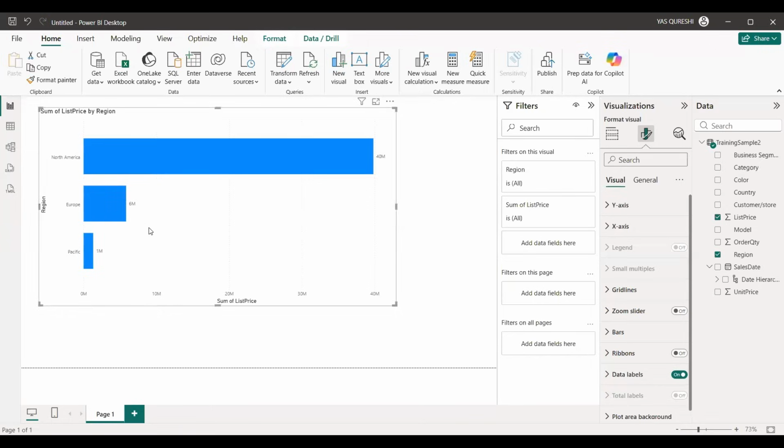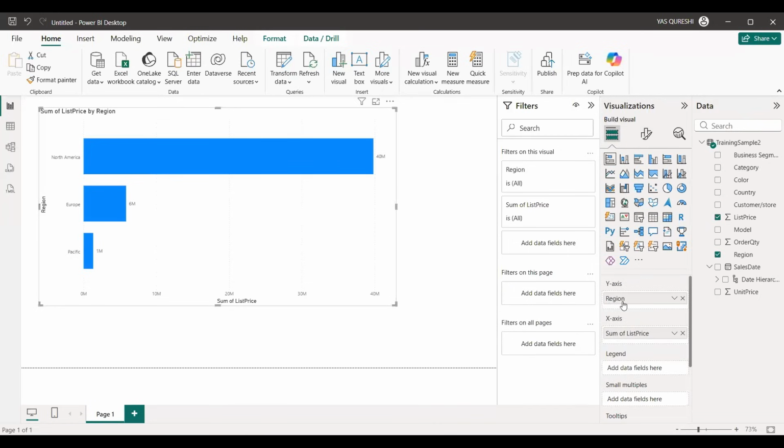सी, हमारा जो लिस्टिंग प्राइस है वो नॉर्थ अमेरिका में 40 मिलियन है, यूरोप में 60 मिलियन है, पैसिफिक में 1 मिलियन है. गाइस वही देखो, रीजन क्या हो गया, डायमेंशन कॉलम, और लिस्ट प्राइस क्या हो गया, एक मेजर कॉलम. सो अगर इसके बदले ये, वाई एक्सिस में आप लिस्ट प्राइस और एक्स एक्सिस में रीजन लोगे तो डिफिकल्ट हो जाएगा. सो यू नीड टू सेग्रीगेट अकॉर्डिंगली. इफ यू वांट टू कैलकुलेट रीजन वाइज लिस्ट प्राइस क्या क्या है मौजूद हमारे टेबल में, आई विल गेट इट